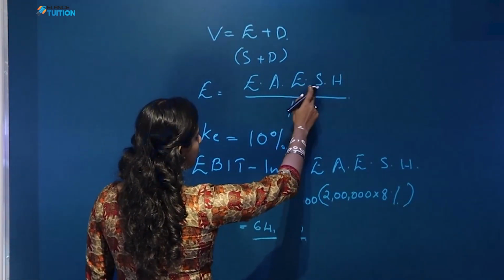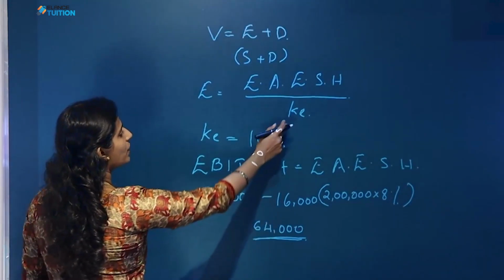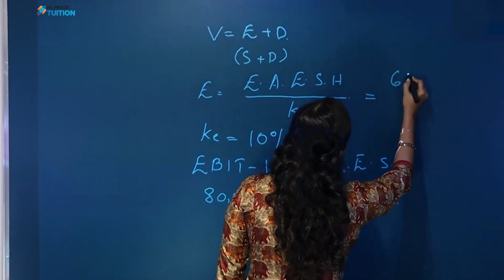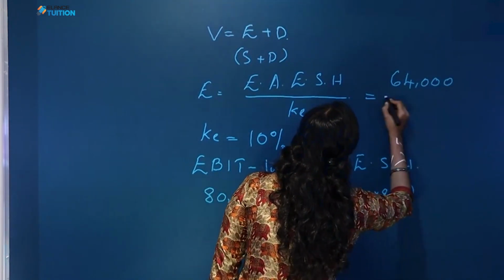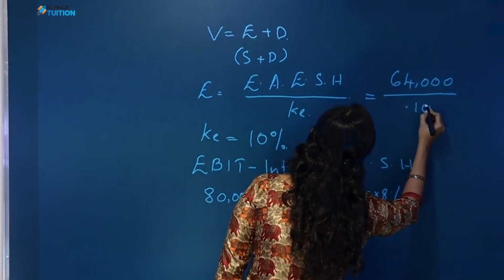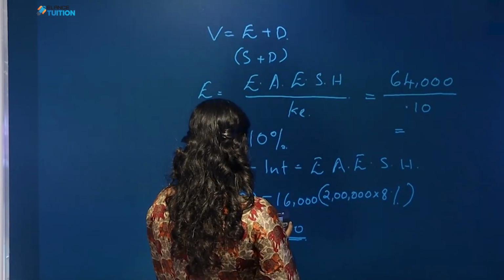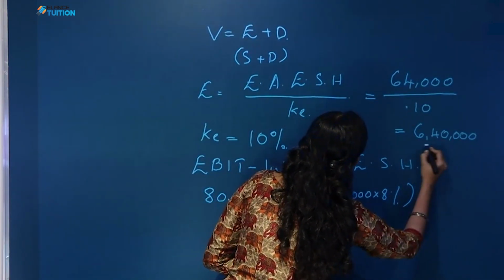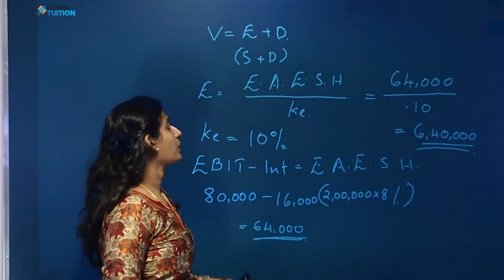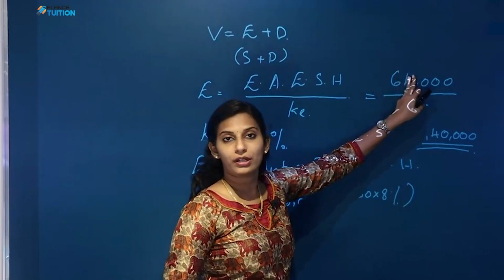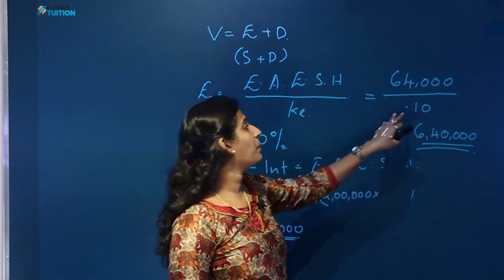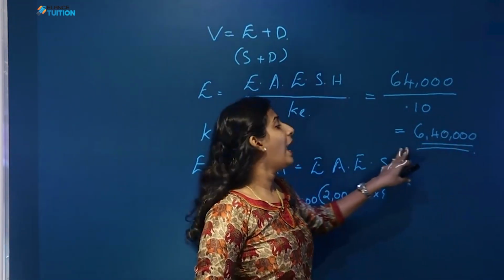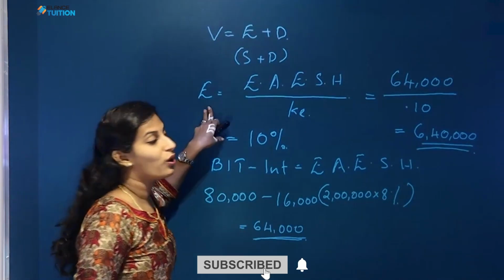So we got earnings available to equity shareholders, that is 64,000 and KE, we know that KE is 10% and E is equal to 64,000 divided by 10% or 0.10. That is equal to 6,40,000. So earnings available to equity shareholder is 64,000. Then KE is 10%. So 64,000 divided by 10% or 0.10. And here E is market value of equity is